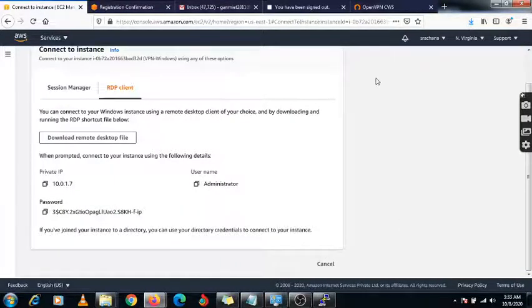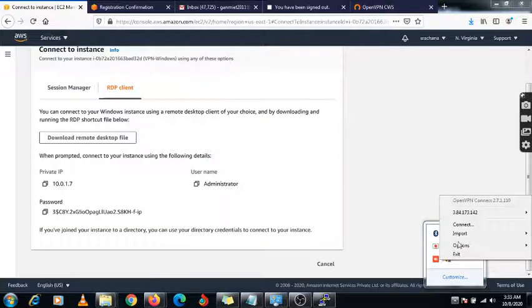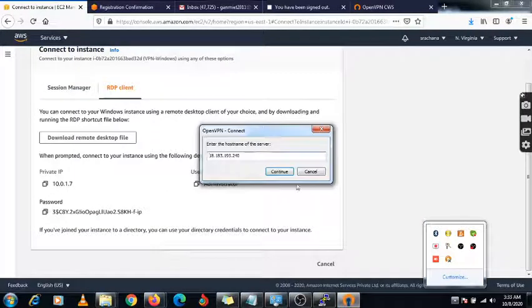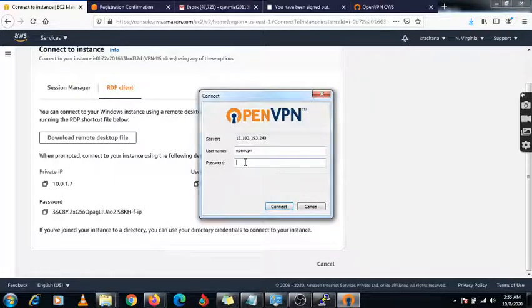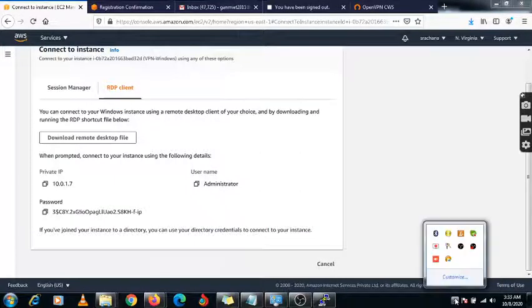Okay, I have installed the OpenVPN software. Here you will get the sign when you install, so you just need to connect. When you continue, it asks for the password, that is openvpn, which we set under the Linux machine. Now it is connecting.